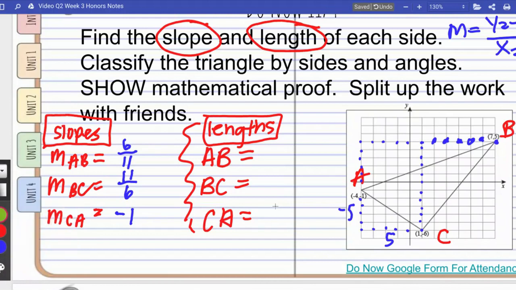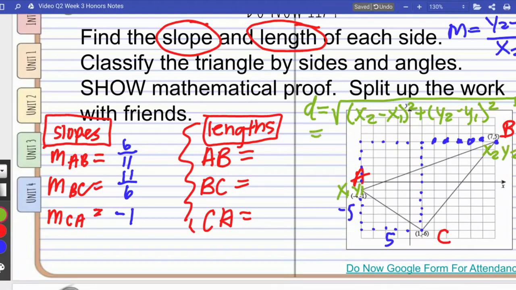Let's go look at lengths. When I say length, I'm talking about the distance formula. Distance equals the square root of x2 minus x1 squared plus y2 minus y1 squared. So if I do A to B, negative 4, negative 1, that's my x1, y1. When I do B, that's going to be my x2, y2. So when you plug it into your equation, you end up with the square root of